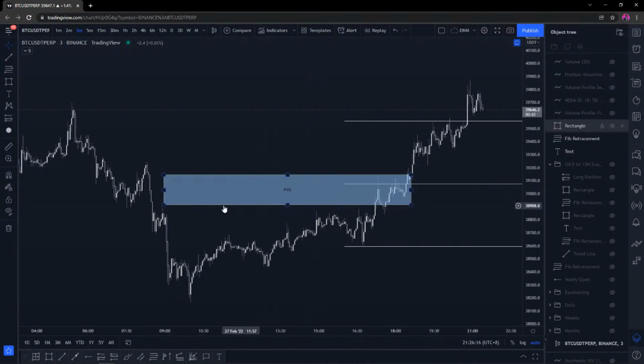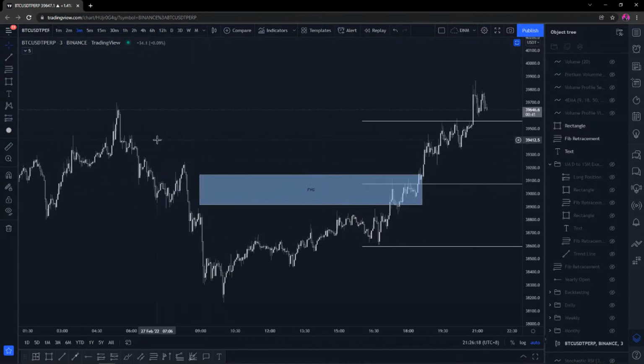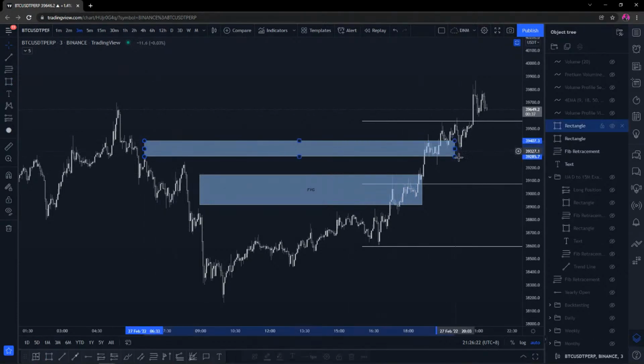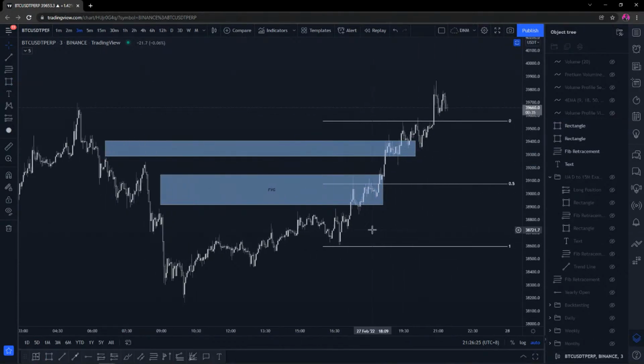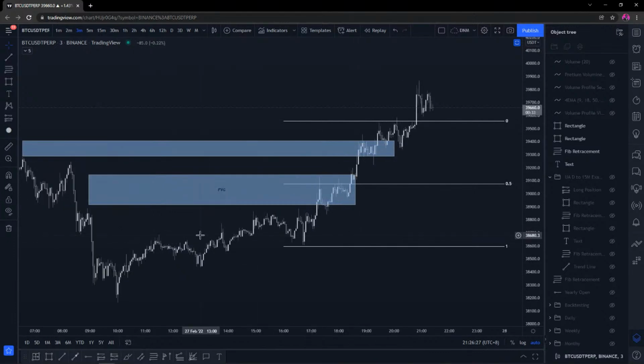And what else have you got? You've also got probably some, I'd say there's a lot of stops resting up here. So there's definitely a lot of buy side liquidity through there. And we'll just keep that highlighted as blue. Now, if we look through here, we can see that we do come up and you're looking for,